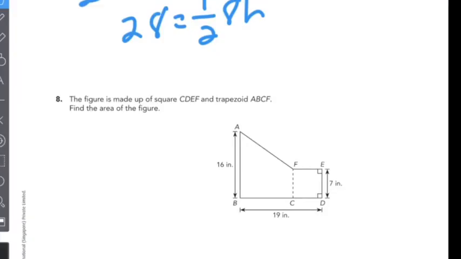All right. Okay, so the last one, you have a trapezoid, and you also have a square. So you should know that a square has all sides equal, so that should help you figure out what the two bases are. And then the height, if you look carefully, if this is 7 here, this whole thing's 19, that should help you with the height for the